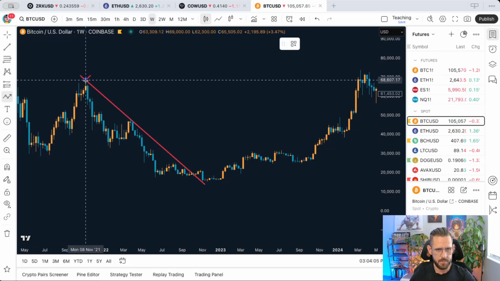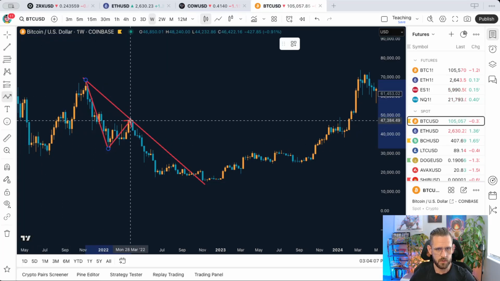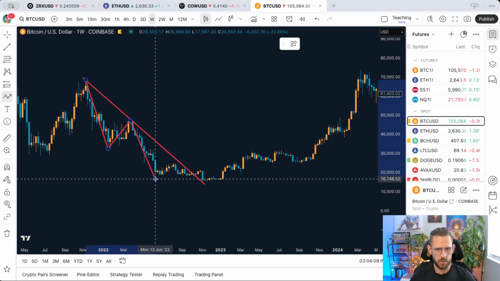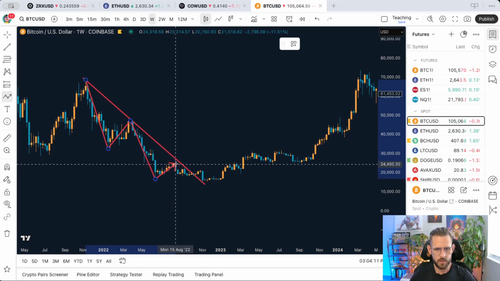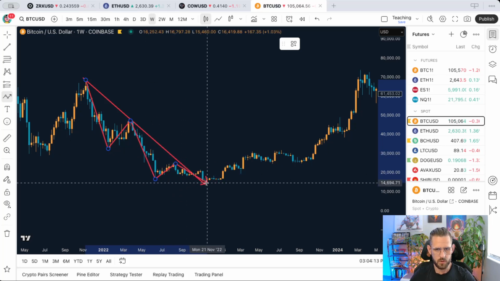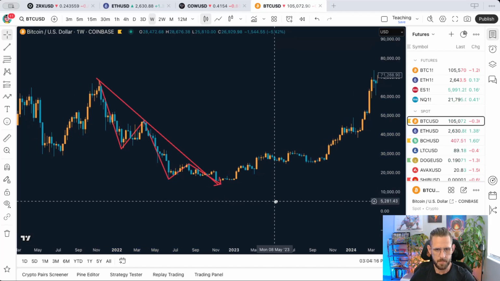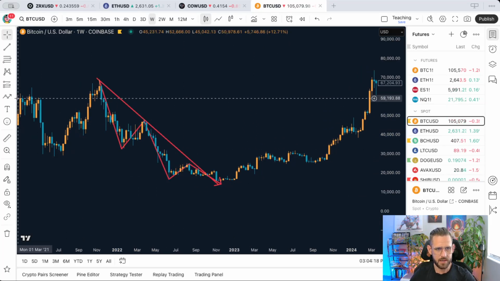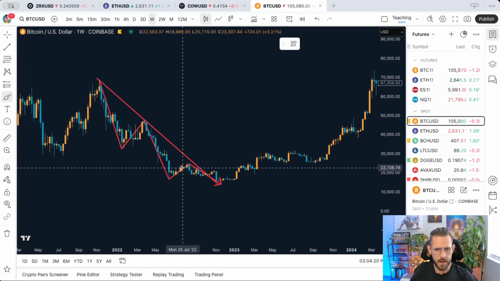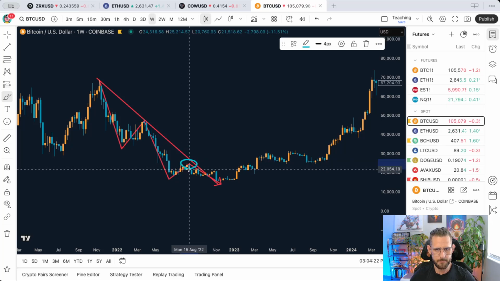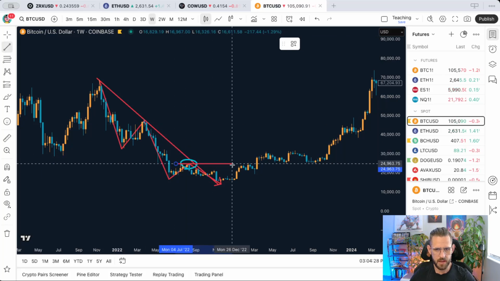So we have our high, we have our low, we have our lower high, we have our lower low, we have our lower high, we have our lower low, okay? So this is our last lower high right here. This is our last lower high. And if we take a line across that lower high,